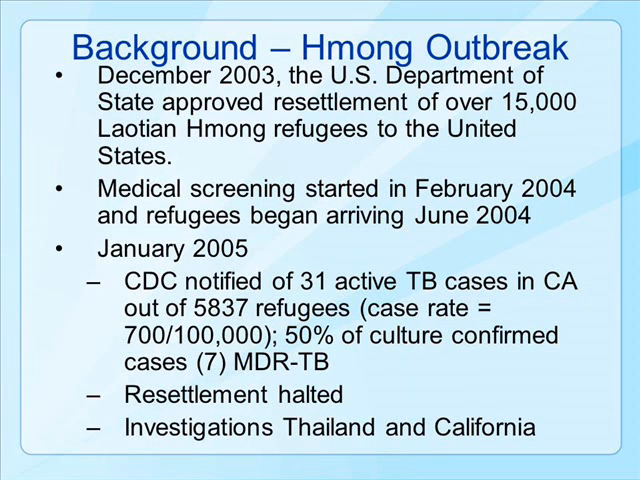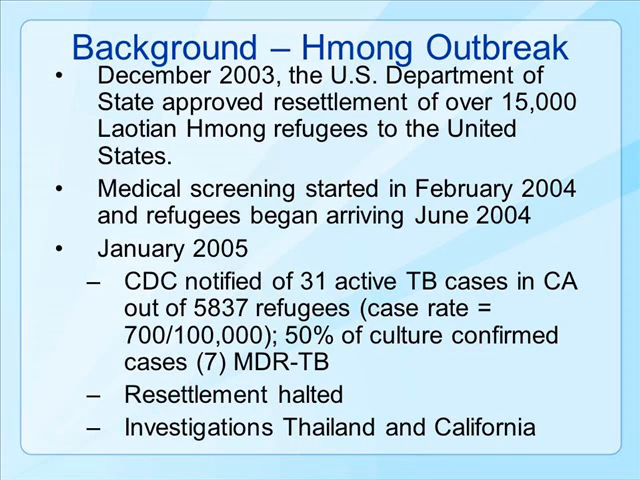So what triggered the need for revisiting the TB technical instructions? Well, in December 2003, the U.S. Department of State approved the resettlement of about 15,000 Laotian Hmong refugees to the United States. Medical screening started in February 2004, and refugees began arriving in June 2004. 6 months after refugees began arriving,